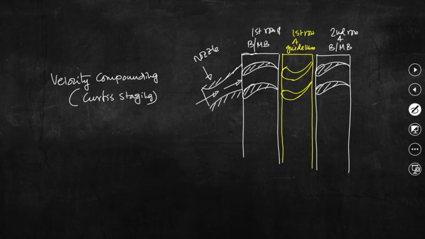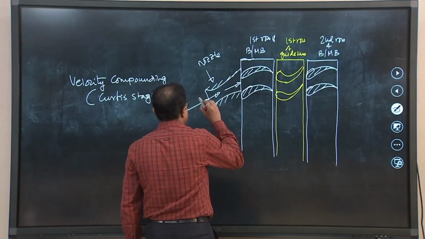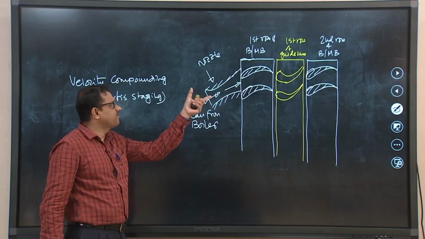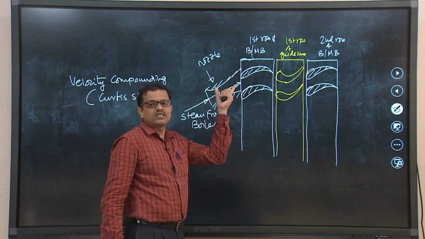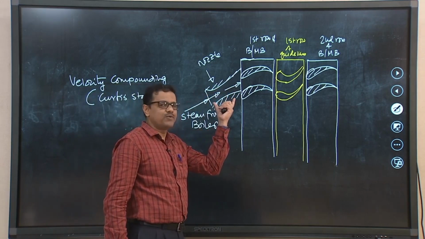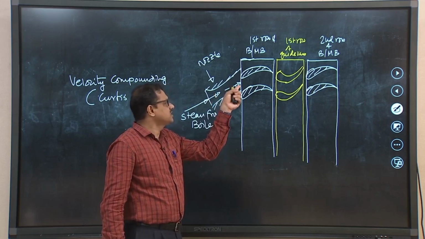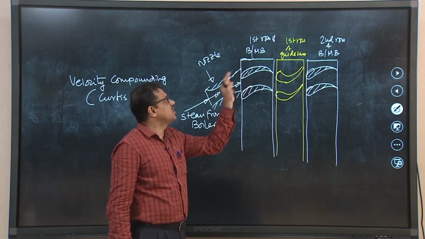So, let me discuss here what is done. This is steam from boiler. So, steam from boiler is taken through this nozzle and this is the first row of nozzle wherein the steam is allowed to expand totally. So, the total pressure drop will take place in this nozzle only, and the velocity of steam that would be there is high velocity. A part of that velocity would be utilized in the first row of moving blades or blades,